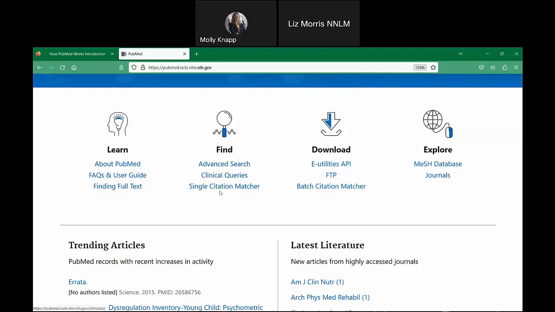Find will give you links to more ways to search PubMed. You have the advanced search again. A single citation matcher allows you to search for a specific single citation. And then we also have clinical queries, which is another way to search for clinical research articles. You can download an API of PubMed. There's a number of e-utilities that you can use. You also have access to FTP if you're interested in that. And then finally,